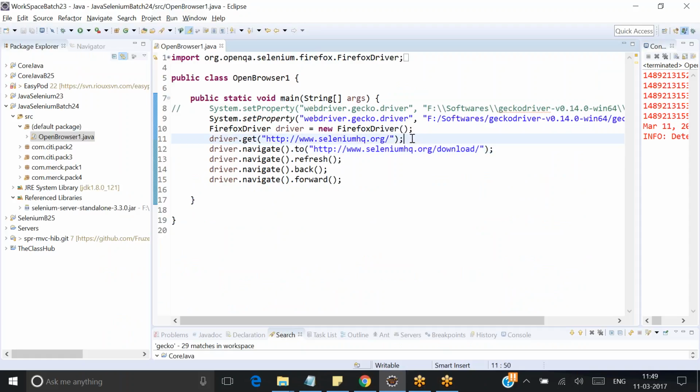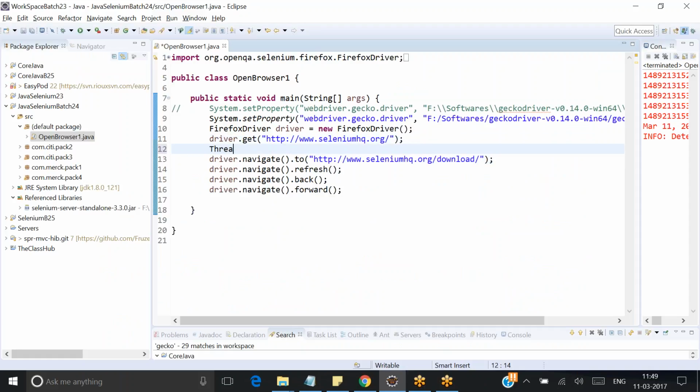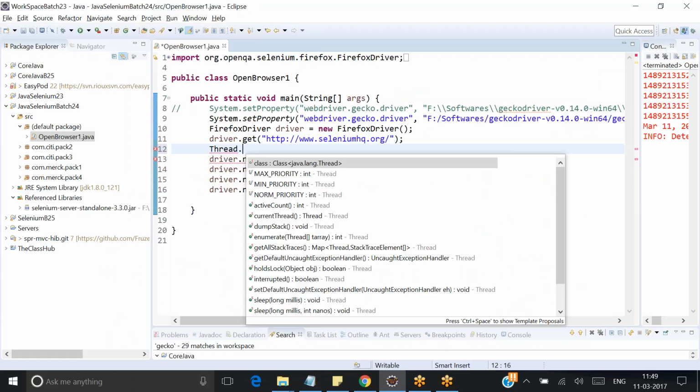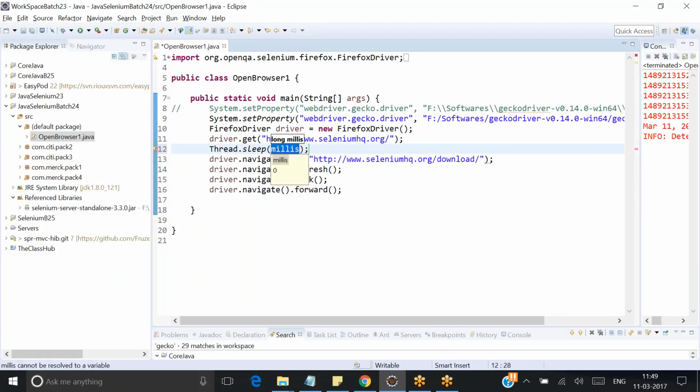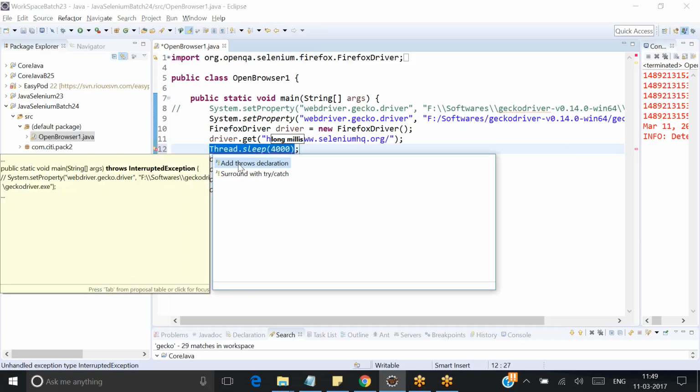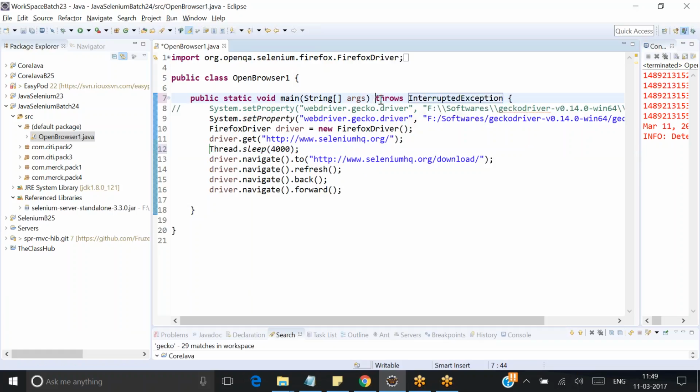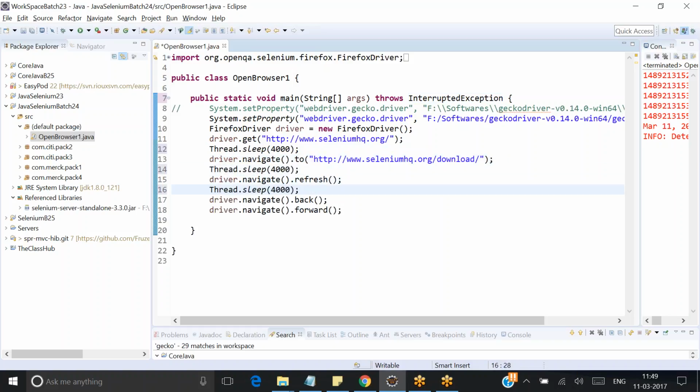Okay, let's do one thing. I will use something called thread.sleep. Don't be worried, guys, about what this thread.sleep is. I will be teaching you this at later sessions. And don't worry what this throws InterruptedException is. Thread.sleep I will definitely teach you, but as of now, remember what this thread.sleep will do is,